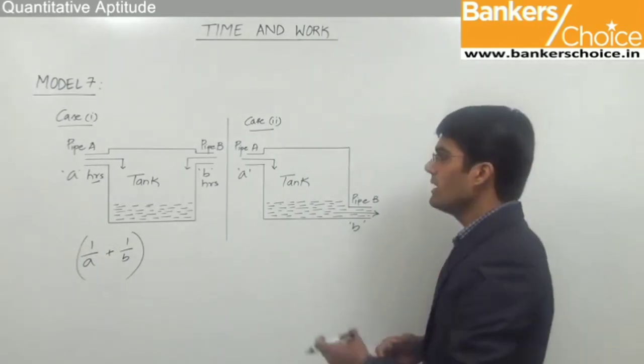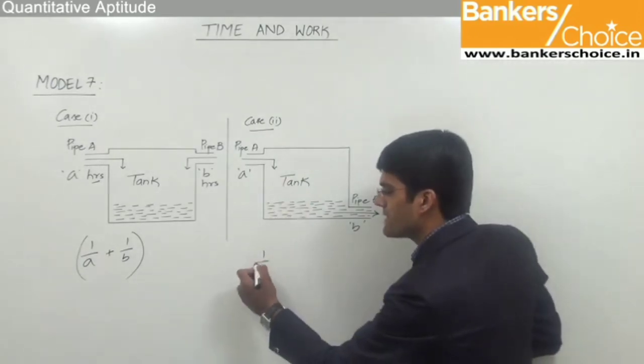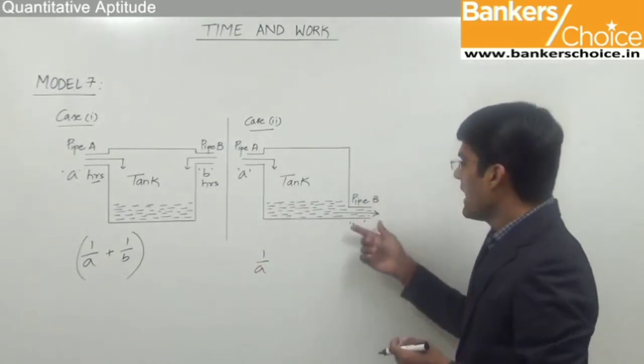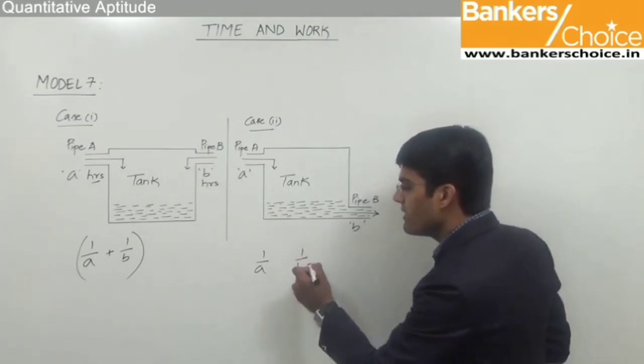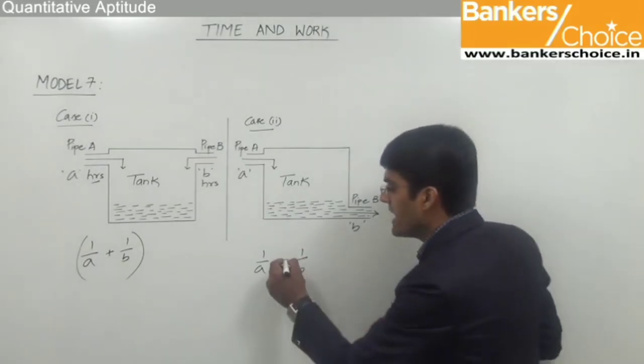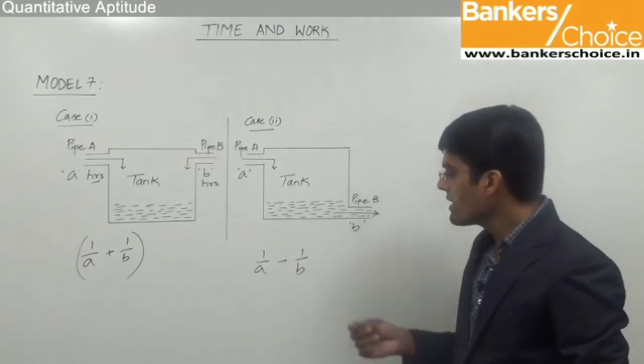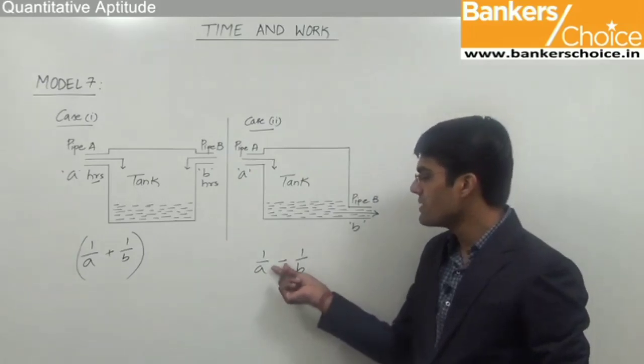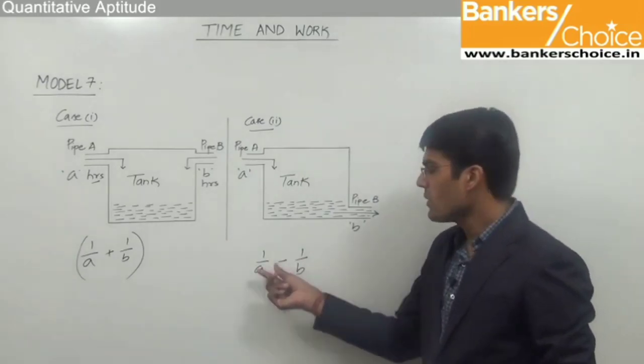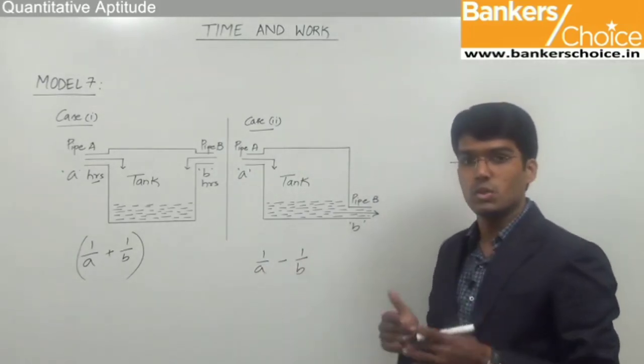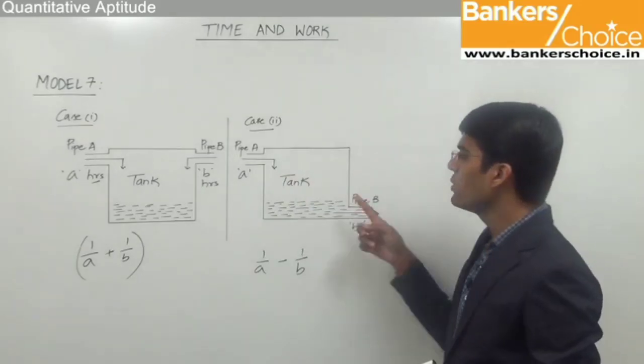The difference here would be the work done by pipe A is 1 by A as in the earlier case, and that by pipe B in 1 hour will be 1 by B. But we need to take a negative sign in between them. Why? Because B is doing negative work. So we should take minus 1 by B. So 1 by A minus 1 by B is the total work that is done by both the pipes together